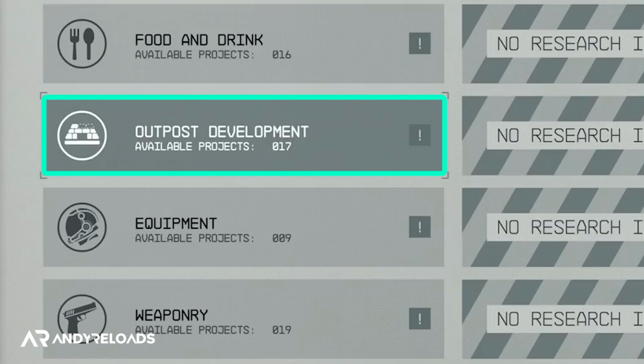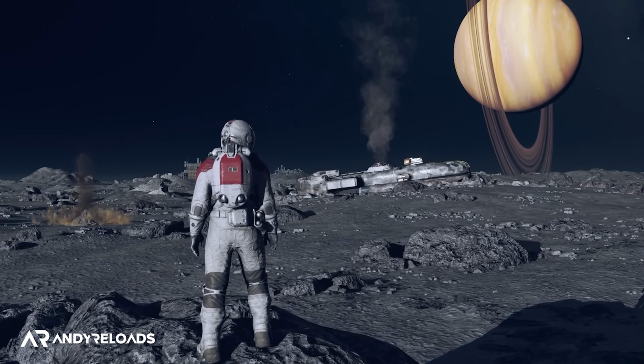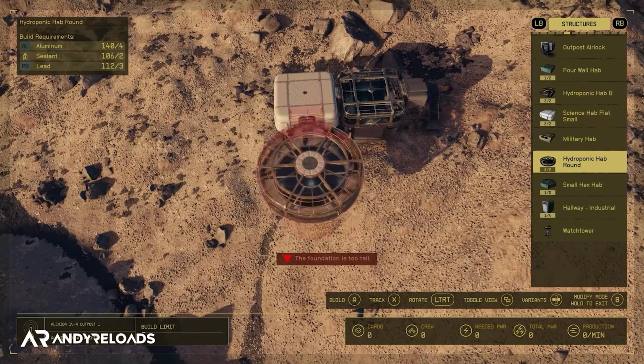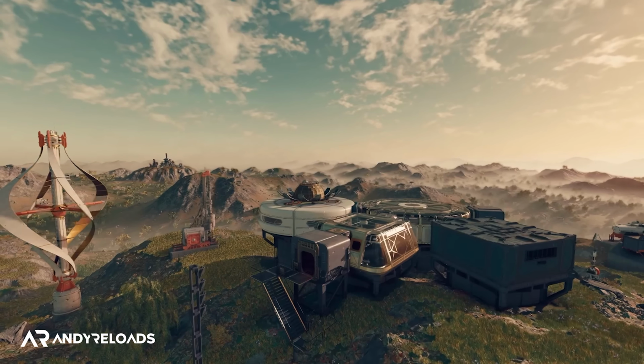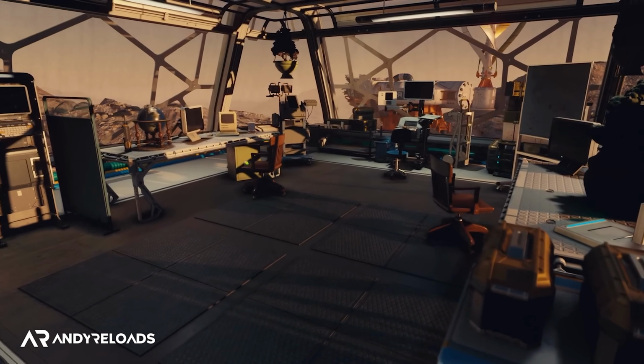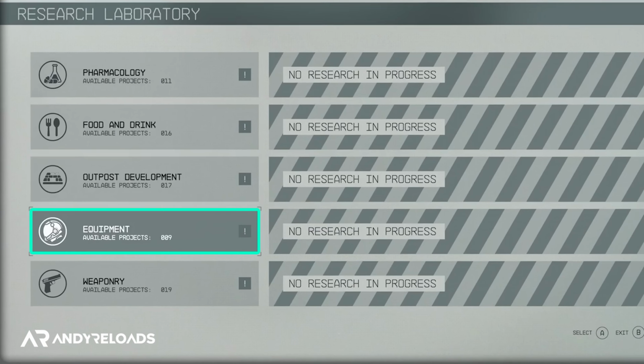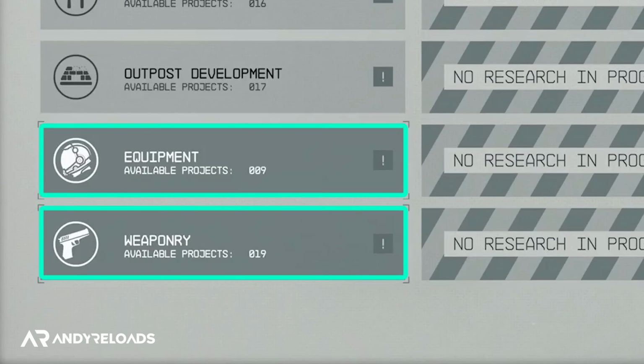So if you're really interested in establishing a very profitable trade route of your own across the galaxy from outpost to outpost, then perhaps focusing all of your resources in researching upgrades for your outposts is definitely the way to go. But perhaps you're more interested in pirating and being Iron Man in space. Well, then you'll want to focus on the equipment and weaponry panels here at the bottom, which will allow you